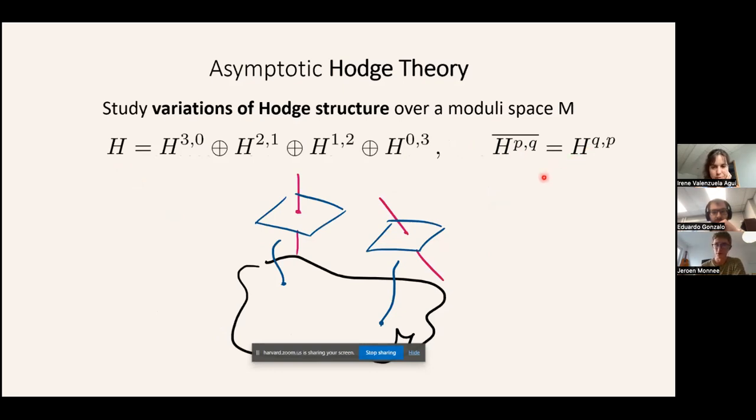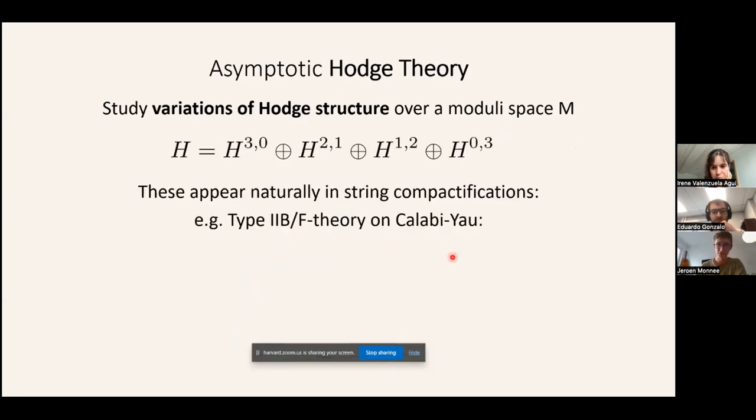And a variation of this just means that if at one point you have these subspaces, then as you move over the moduli space, the orientation of these spaces changes. That's what I've tried to depict here in this drawing. Of course, this is not just some mathematical fantasy, but these structures actually appear naturally in string compactifications. So the guiding example I would like you to have in mind is that of type IIB or